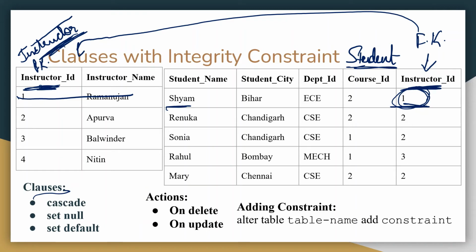So the actions are on delete or on update. Either I delete any record in this instructor table, in which case I'll have to make sure that certain changes are done to the student table so that the database is always in a consistent state. Or if I update, I need to make sure that those updates are eventually moved to the student table, or some action is performed so that the database is in a consistent state. Okay, so we have different clauses, which we use as on delete